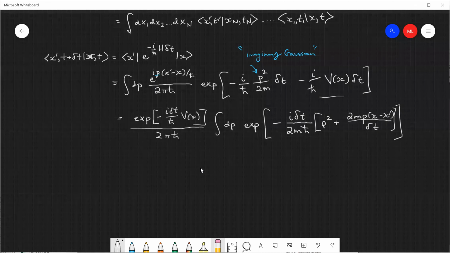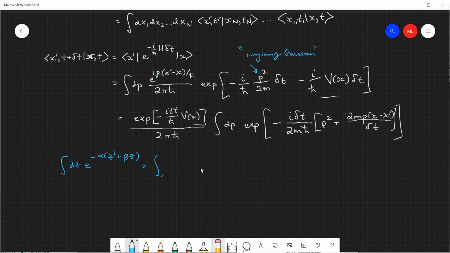So as an aside, again, the relevant integration here is just a Gaussian integration, e to the minus alpha z squared plus beta z. And again, our alpha is imaginary, but that actually doesn't matter. And it's from minus infinity to infinity. And what you do is you complete the square